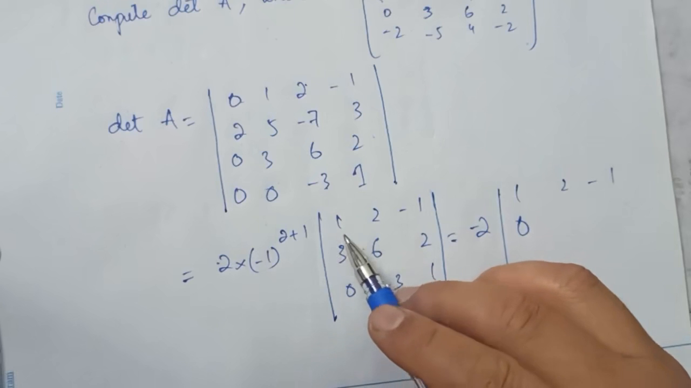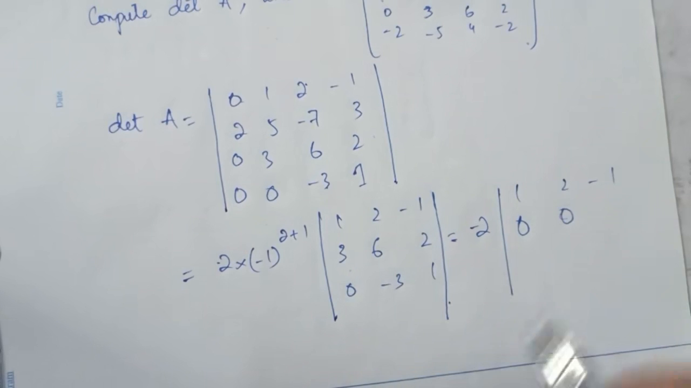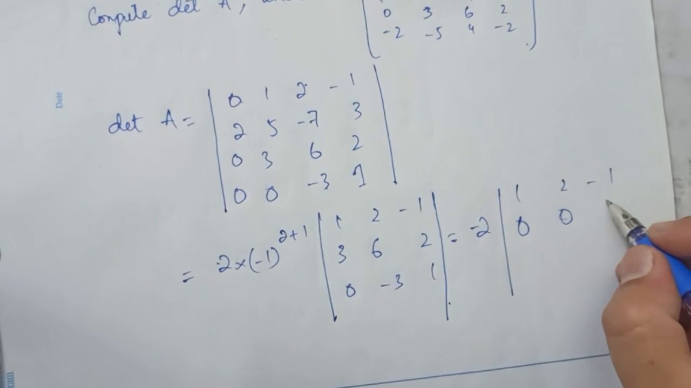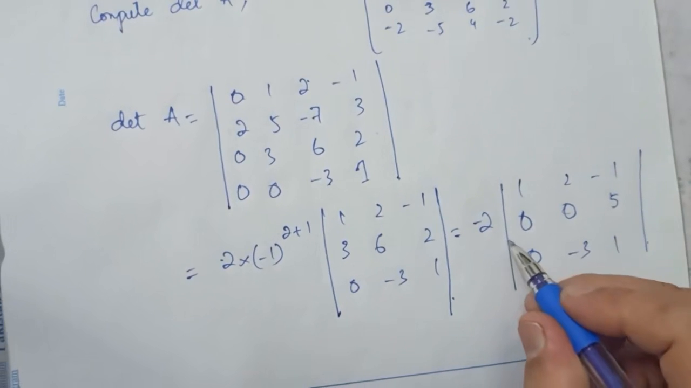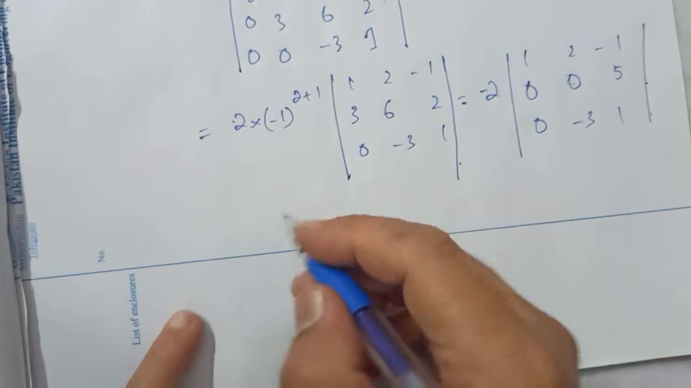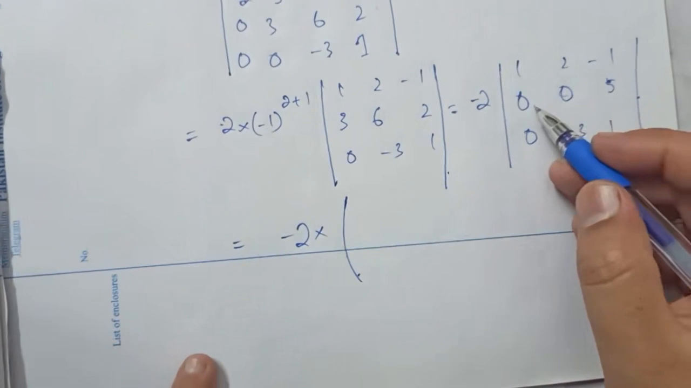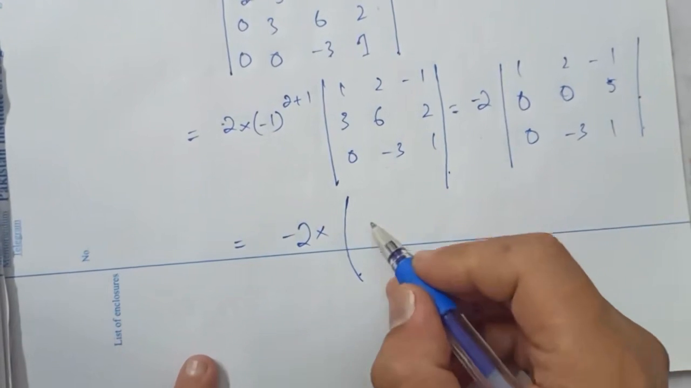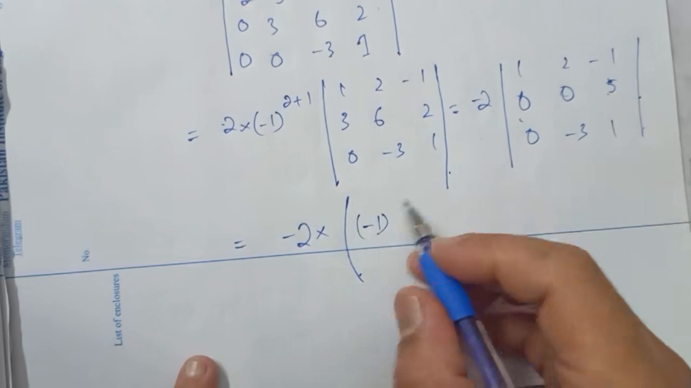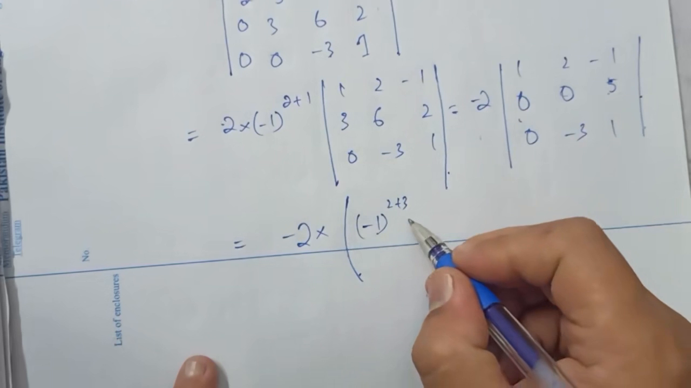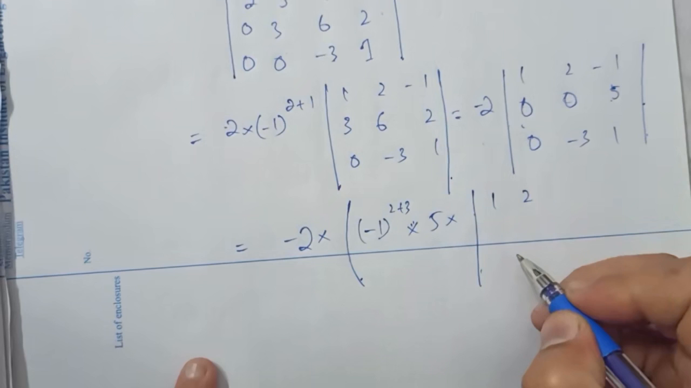So if I multiply with this 3, that becomes 0, and 3 and minus 3 is 2 minus 3, which becomes 5, and this becomes 0, minus 3, and 1. So now I can have a cofactor expansion across this row, which leads me to minus 2 into, again, the cofactor expansion across here, so that becomes minus 1 times, so this element is actually 2 plus 3, and multiplied with again 5 into 1, 2, 0,